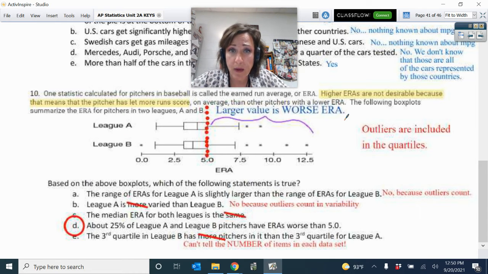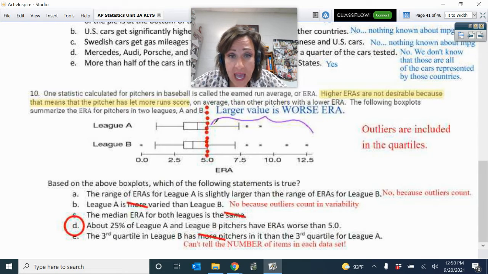So what I wanted to remind you with this problem is that the outliers count in the quartiles. So when they say the top 25 on both of them, so that was answer D, have worse than 5.0, okay? But I also wanted to point out to you, if you were confused on some of the other problems,